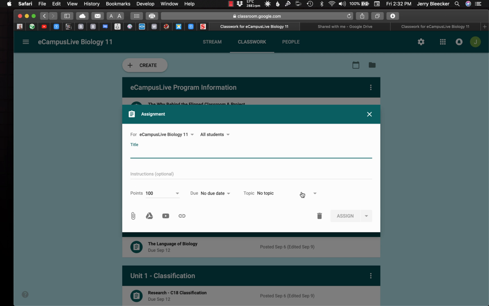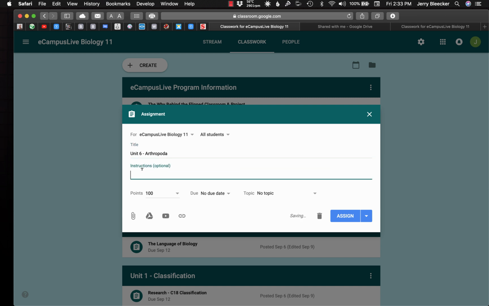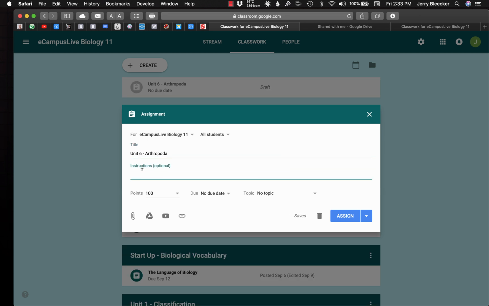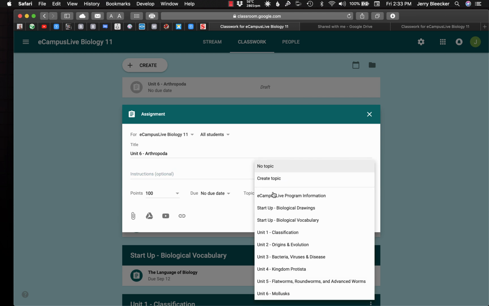But if I was going to add a new topic, for example, I've got phylum Arthropoda coming up. So let's say this is Unit 6. And I usually do a description about what arthropods would be, but I didn't put it in yet. If you look up at the top, you'll see it actually has started to create a category. Now, admittedly, I would have liked to be able to move these things around myself, but as soon as you set up your topics, and I have, this topic is coming up, so I'll say that actually this would be Unit 7,